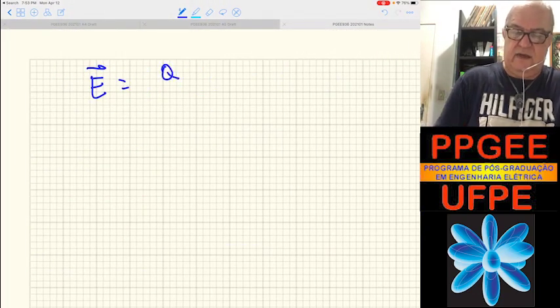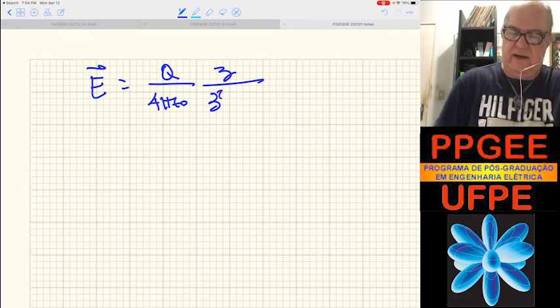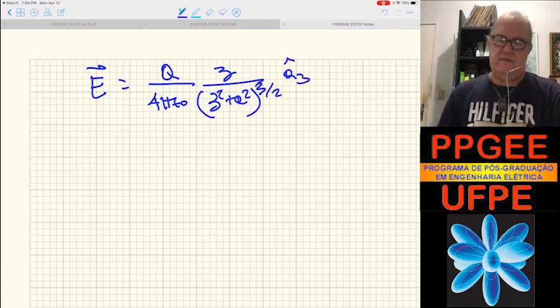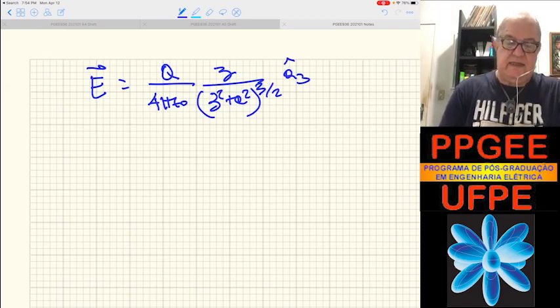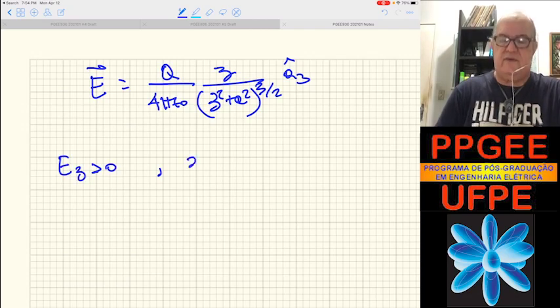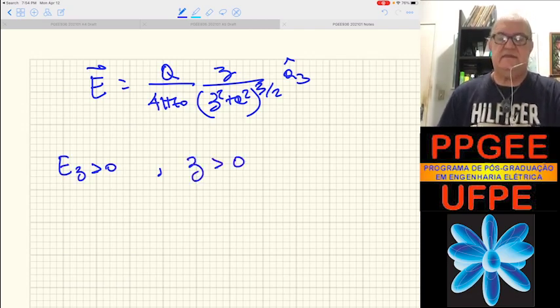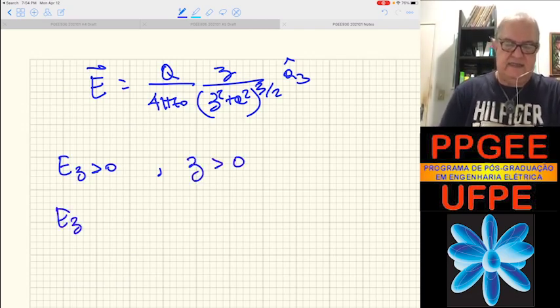So it equals q over 4 pi epsilon 0 times z over z squared plus a squared to the 3/2 az, right? So Ez is larger than 0 on the positive axis, and Ez is less than 0 on the negative axis. Ez equals 0